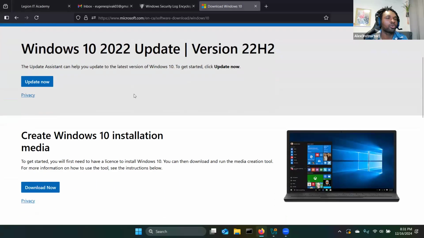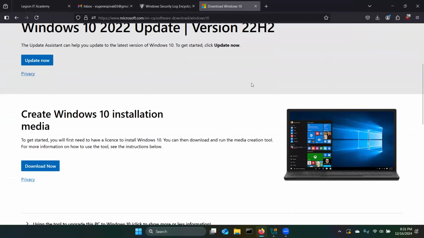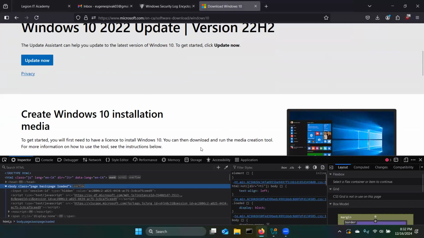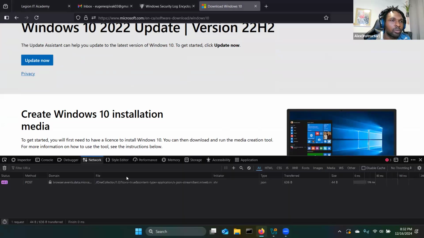Before you download, can you right click on your system and go to inspection? Anywhere is fine. Then you want to go to your network or the layout, and we want to change the component to anything. It could be like